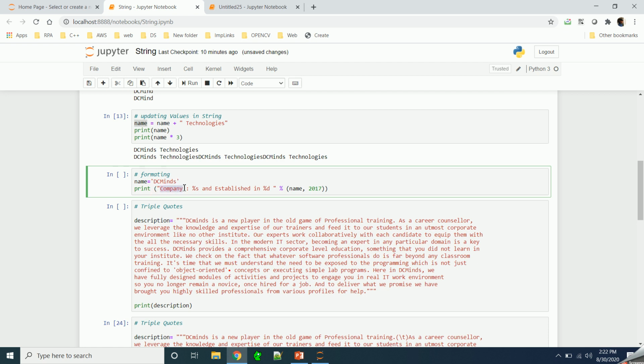Here I have a company, and we want to print the name and the year in which it was established. The percentage s is called the format specifier for string, and percentage d is the format specifier for integer. You have to put the percentage symbol and print the values.